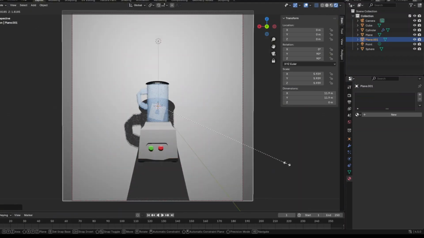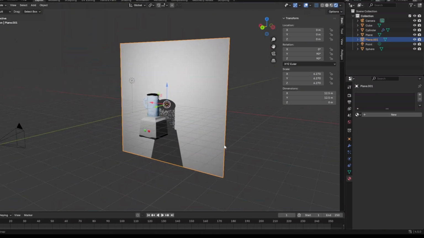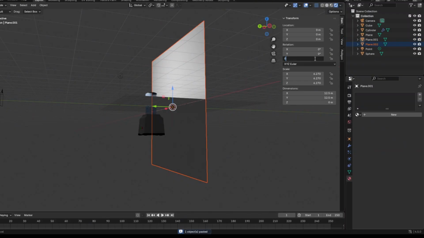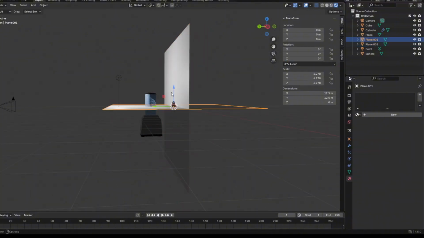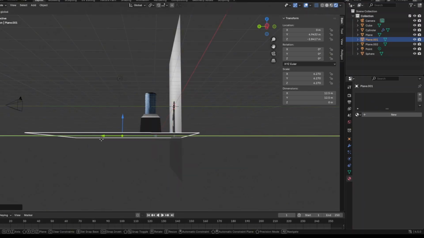Let's see here. There we go. And so now that we've got that, we'll also need a floor. Control V. Control Z. This one. And now that we've got that,